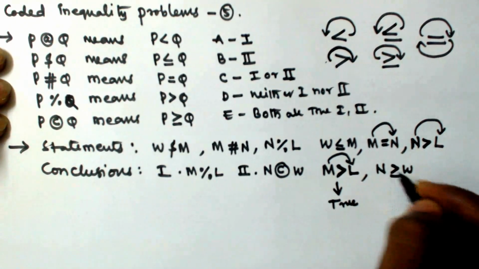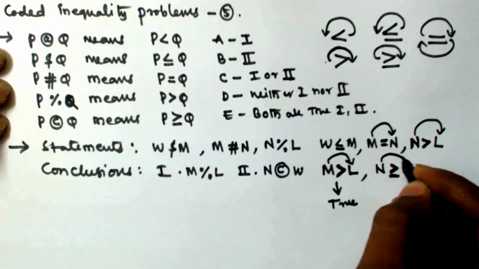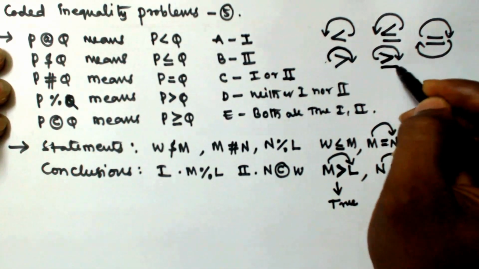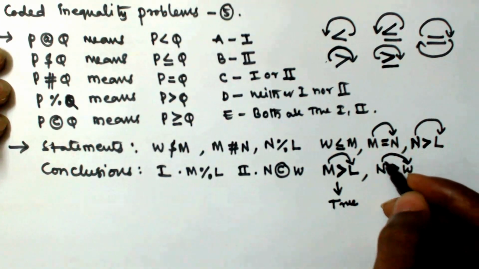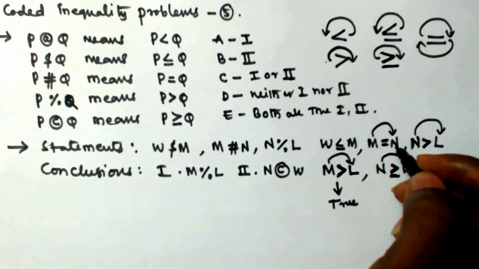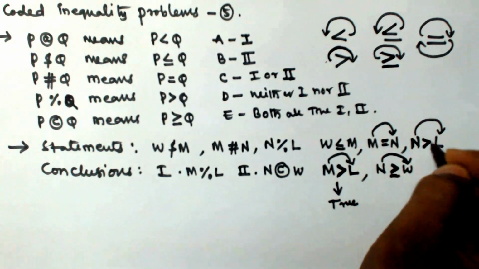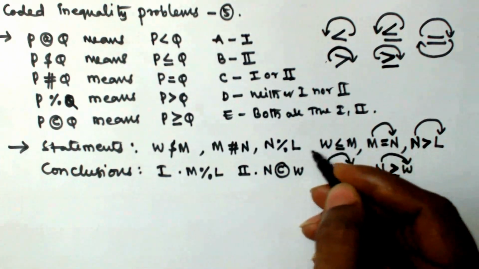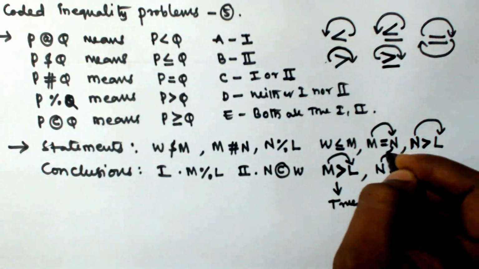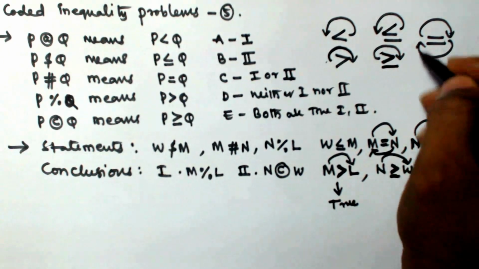And the next one is N greater than or equal to W. So N is at the open end of the greater than or equal to. Then we have to find the movements from N to W. According to this one, whenever greater than, we can move from here to here. So we have to make the movements from N to W. Where is N? N is here, right? So from N, what move? N is here also. If I use N to L, from L I cannot move anywhere because there is no other L in these given statements. So I will start from this end. From this N I can reach M. Why? Because it is an equal to, from right to left also I can make this movement.